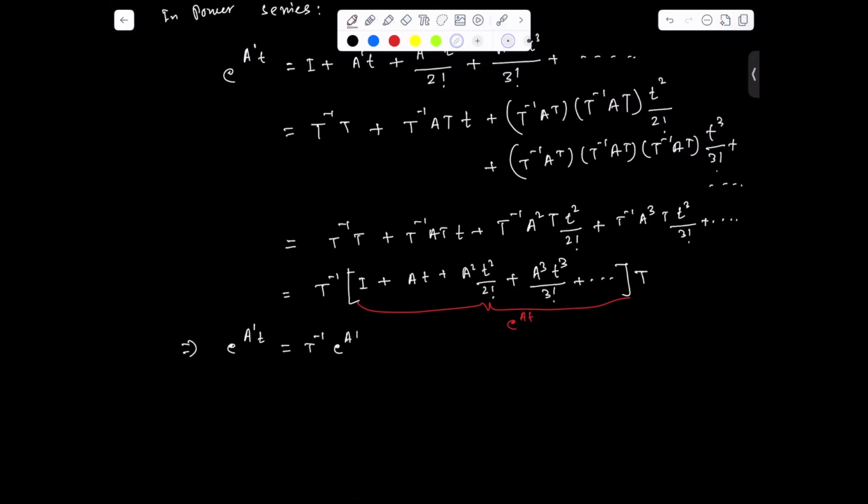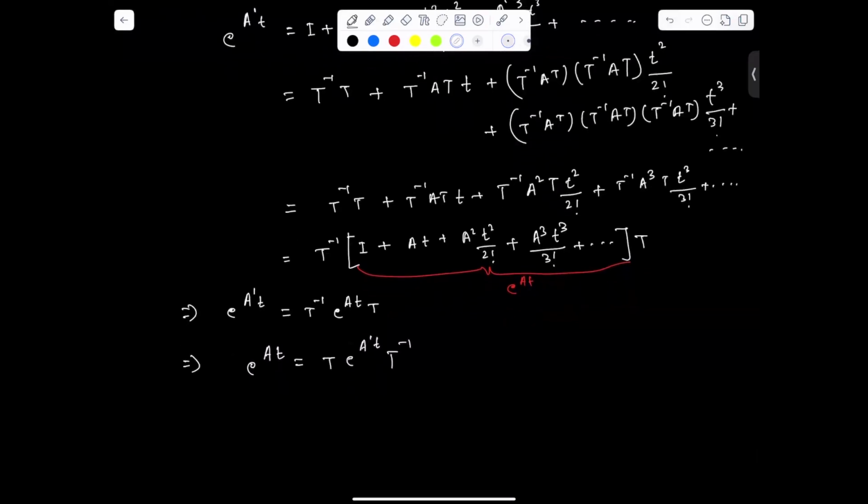Or we can write e to the power At equal to T e to the A dash t T inverse. This is a very, very powerful relation of how the original system and transformed system state transition matrices are related